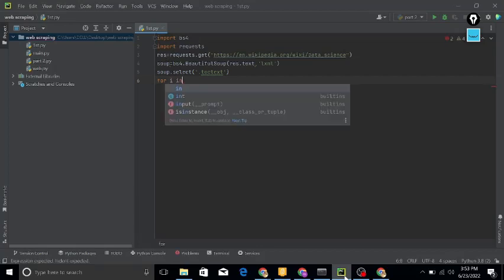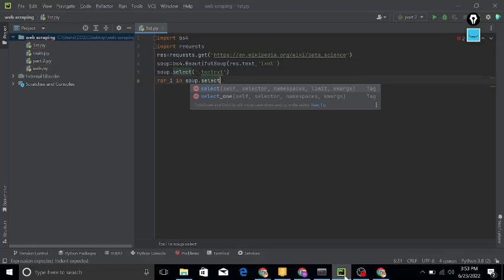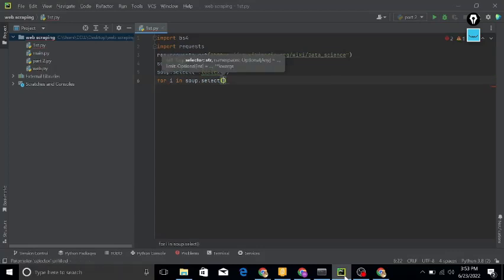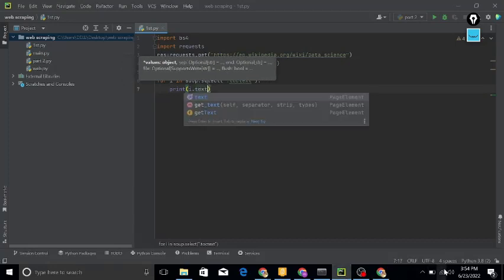Let's say for i in soup.select, and inside I write .talk-text. After this, the colon is there, because if you are using a for loop, the colon is very important. And then print i.text, because we are using i. After this, if I run this part,